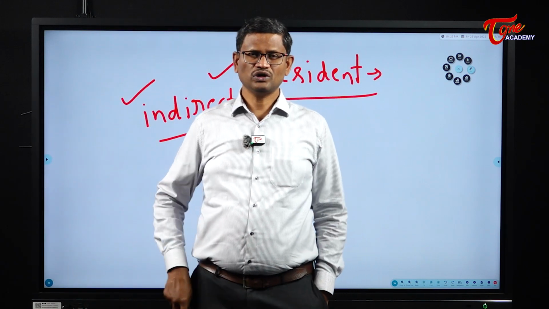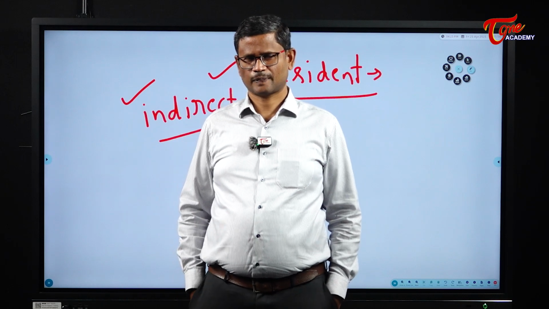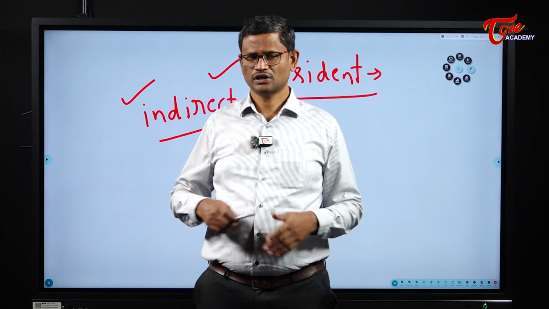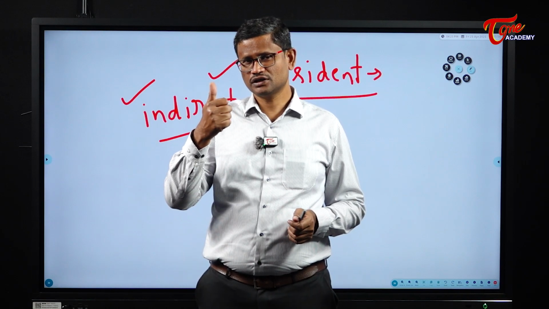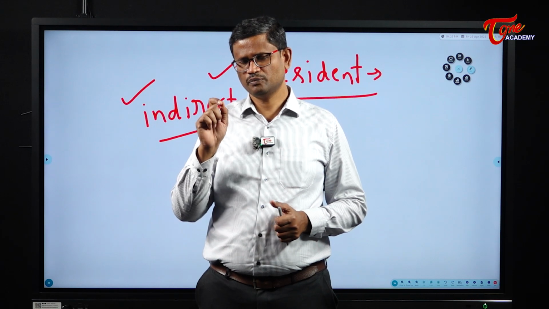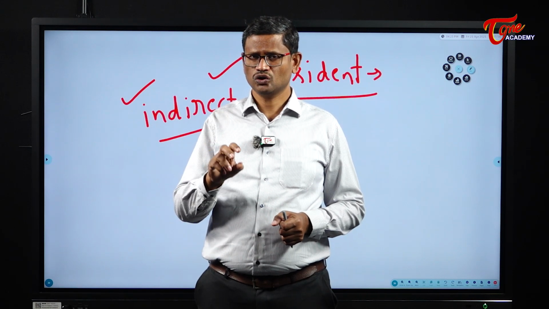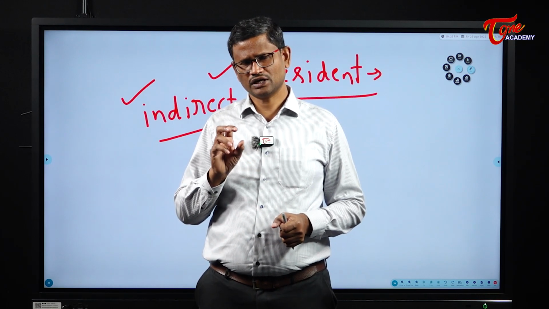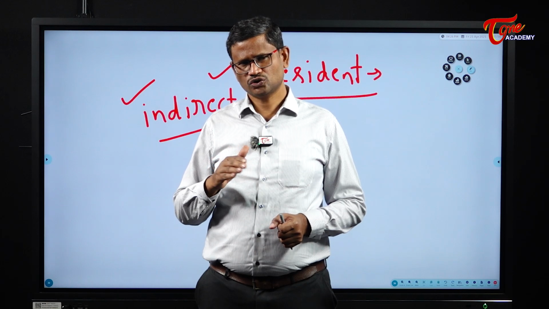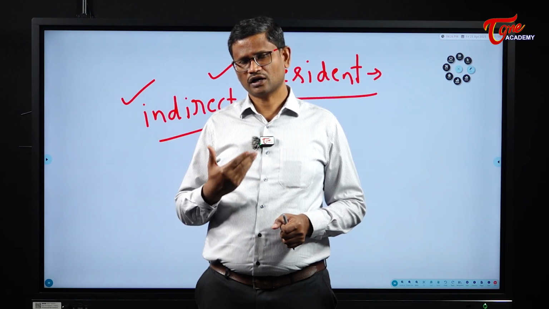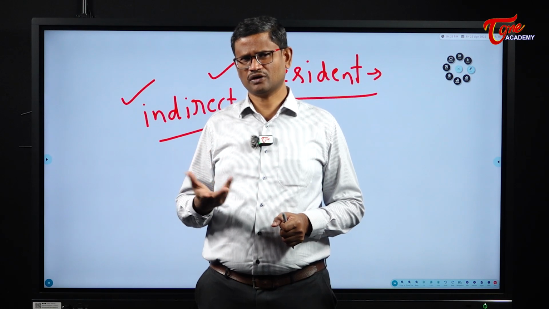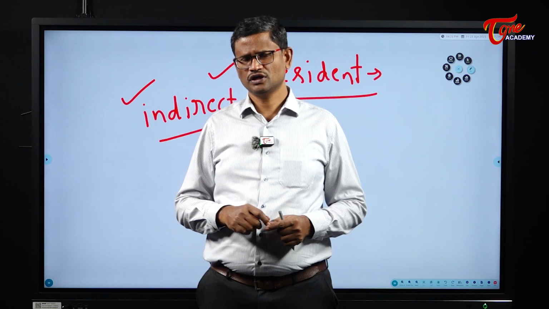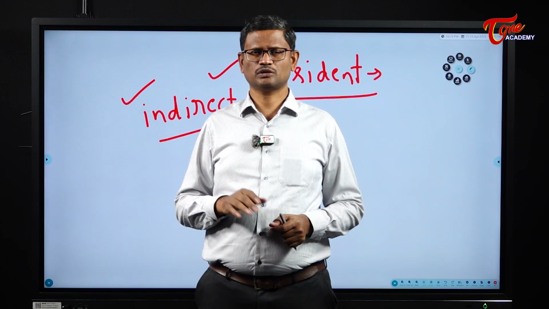Then, who is eligible to become the president of India? A person to contest to the office of the president must be a citizen of India, and he should have completed 35 years of age, and he should be eligible to get elected to the Lok Sabha. These are the requirements. Then, in addition to this, by the time he gets elected to the office of the president, he should not be a member of Lok Sabha or member of Rajya Sabha. If he is a member of Lok Sabha or Rajya Sabha, as soon as he assumes office, he will lose his membership in the Lok Sabha and Rajya Sabha.